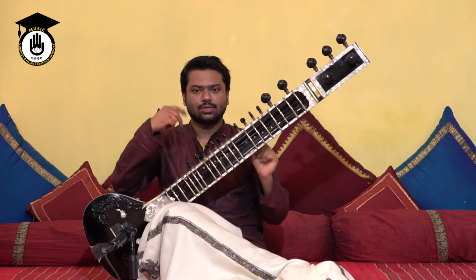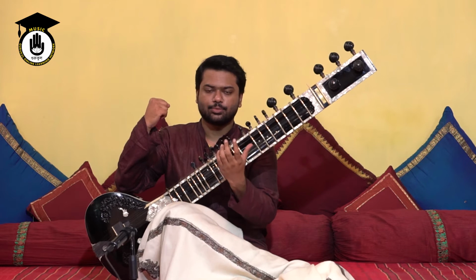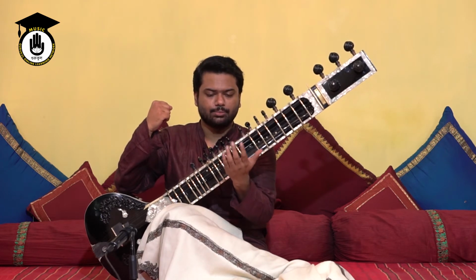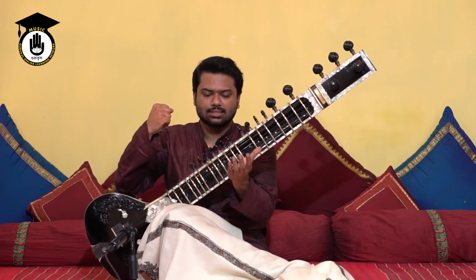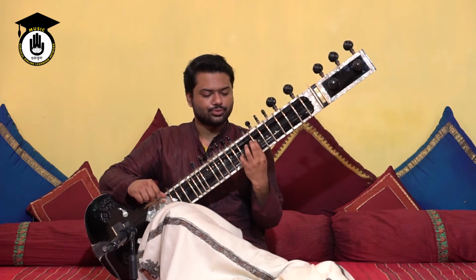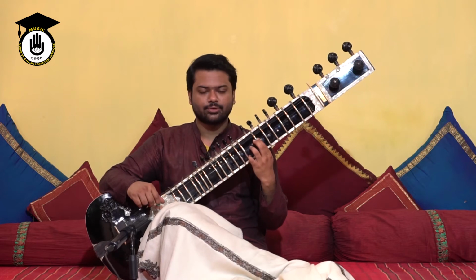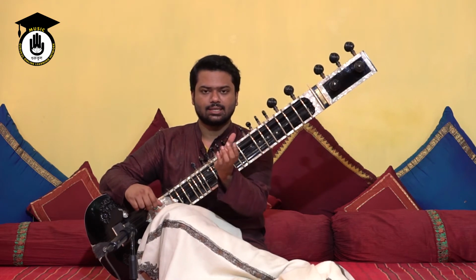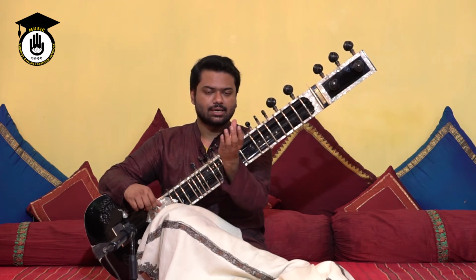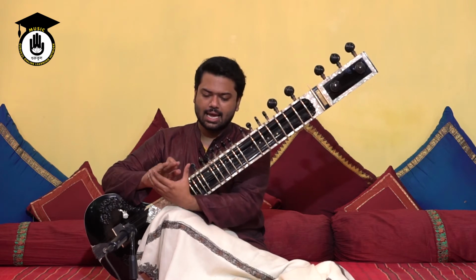I also taught you that one of the best ways to hold the sitar on your left hand is to hold it like you would a baby's head, like this, not like this. Even though it's very difficult for you to really understand what I'm doing while I'm playing, because if you look at it from the front, it feels like I'm holding it like this, but in reality I'm holding it like this, and the thumb is covering the lower 25% of the back,